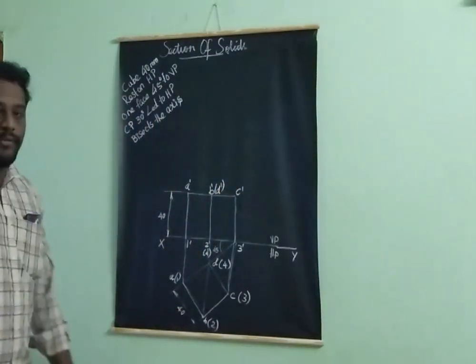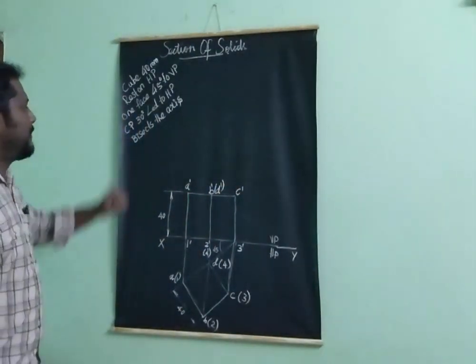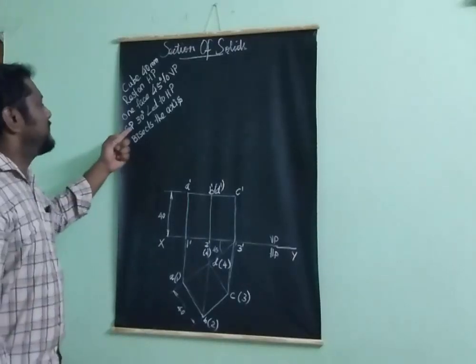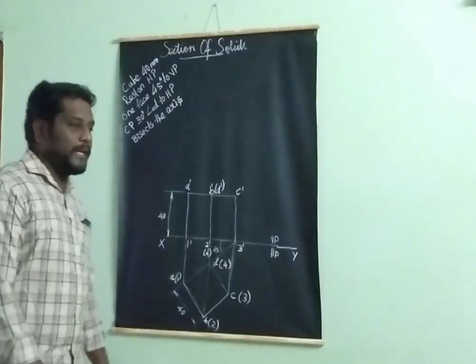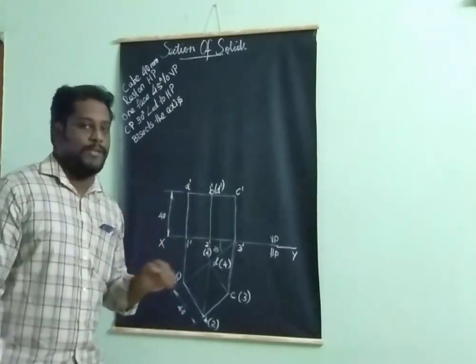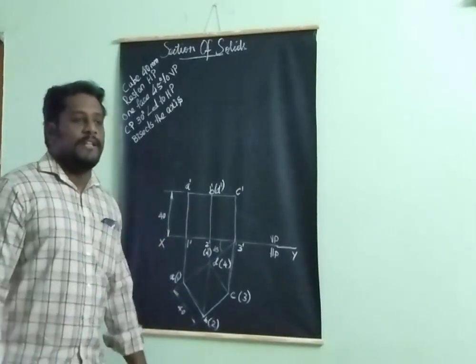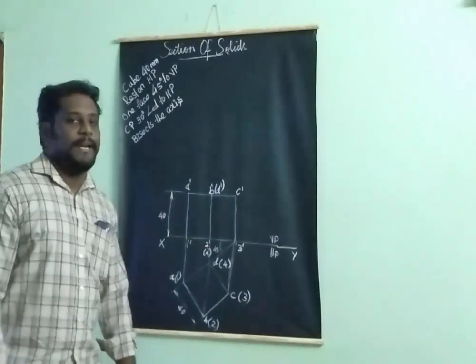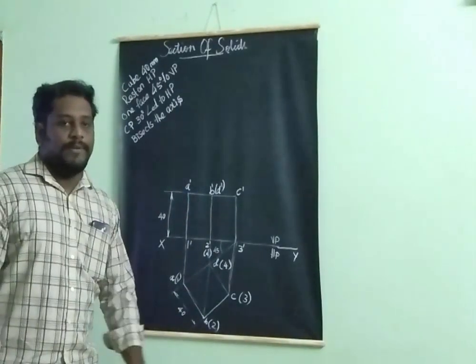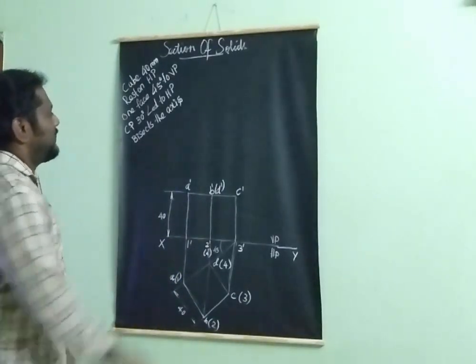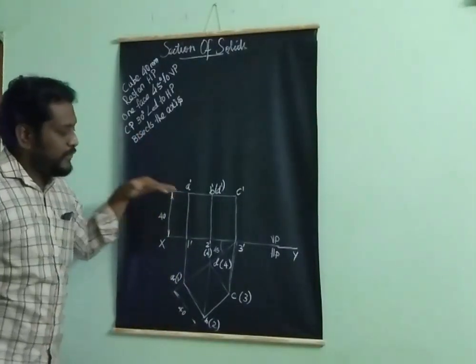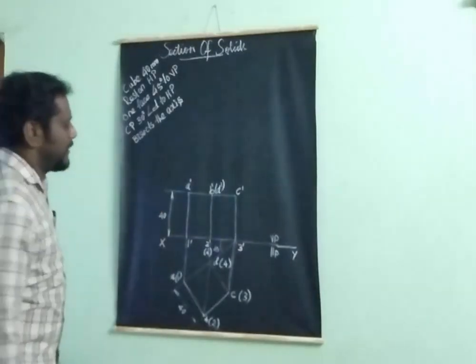Now you have to draw the cutting plane. So where will the cutting plane come? The cutting plane is making 30 degree inclined to HP. So you can assume that the cutting plane is perpendicular to VP. Once the cutting plane is inclined to HP, you should draw the cutting plane in the front view, since it will be viewed as a line in the front view only. So I am going to make a 30 degree line in the front view, that is above the XY line.